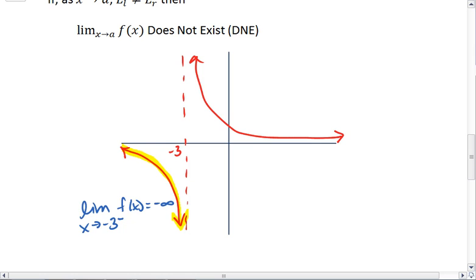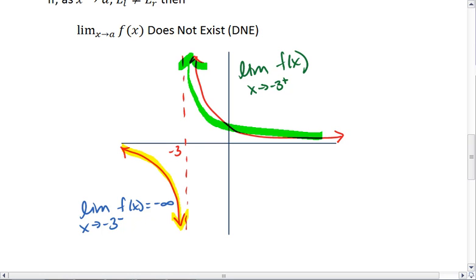We can also look at the limit as x approaches negative 3 from the right. And in this case, we see that we go up to positive infinity. Well, since from the left we're going to negative infinity, the right we're going to positive infinity,